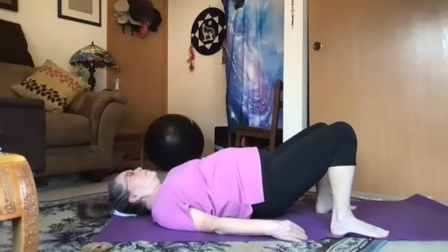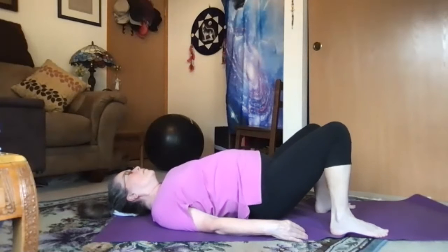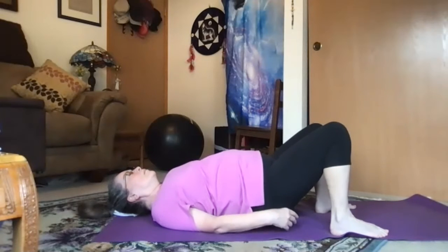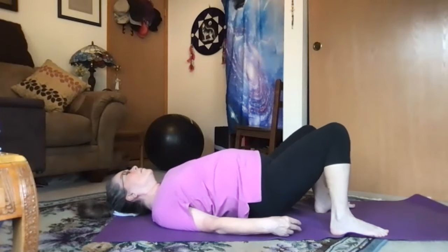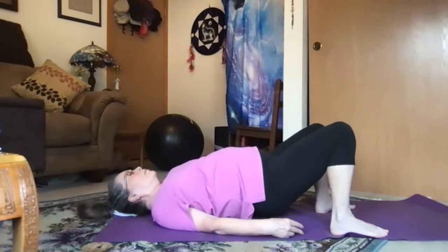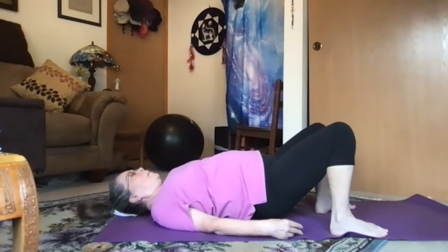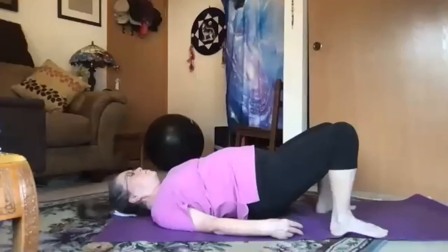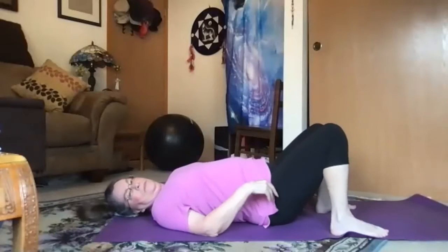You may be releasing the piriformis, or you can directly focus on the piriformis, which is a little higher up. When I say put it in the center of the glutes, it's probably below the piriformis, but the piriformis is another thing that can get tight and need to be released. And finish that. And before we come up to floor seated, I do want to say, let's do this,